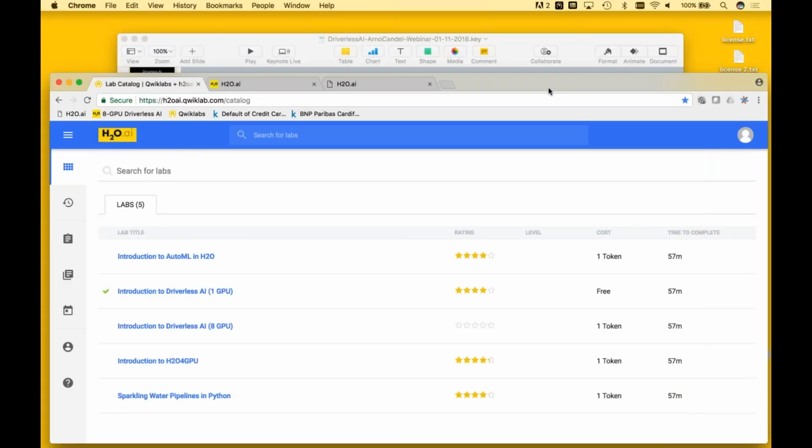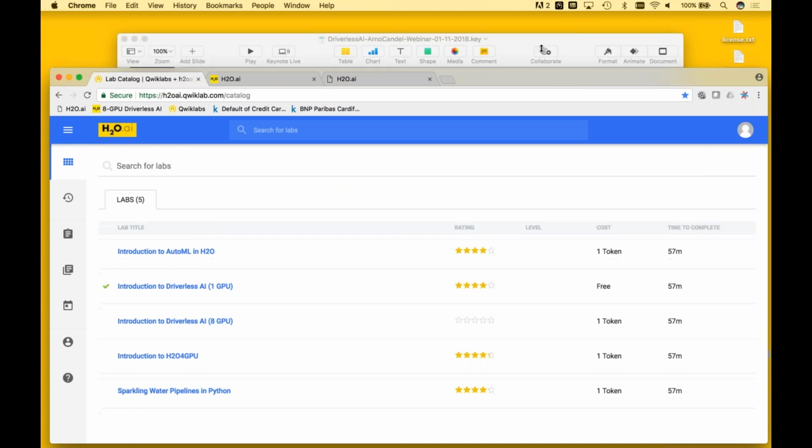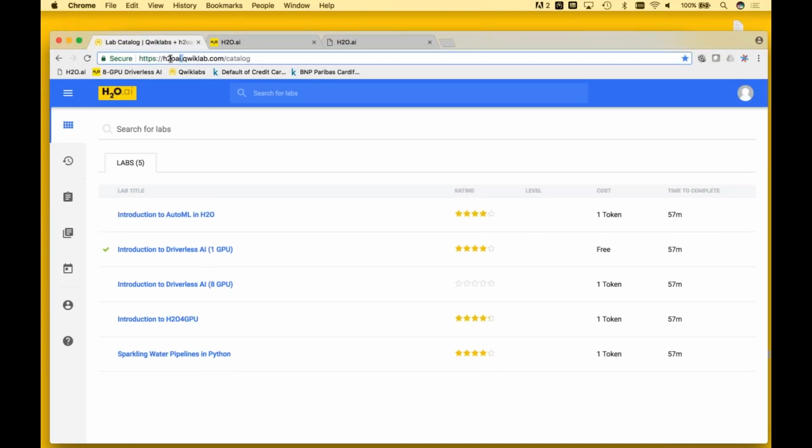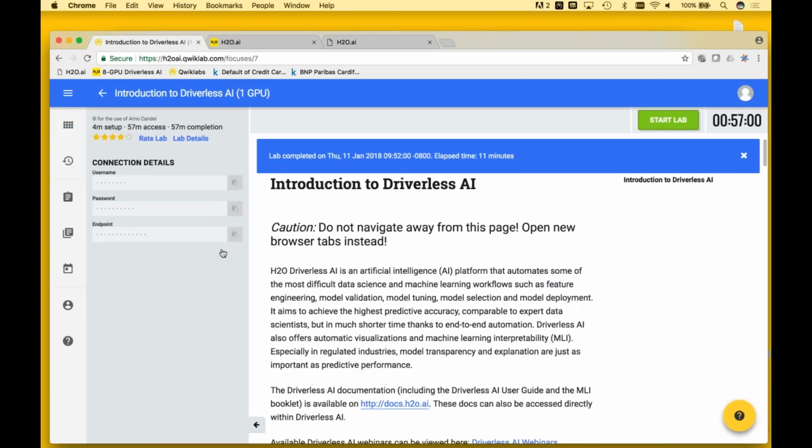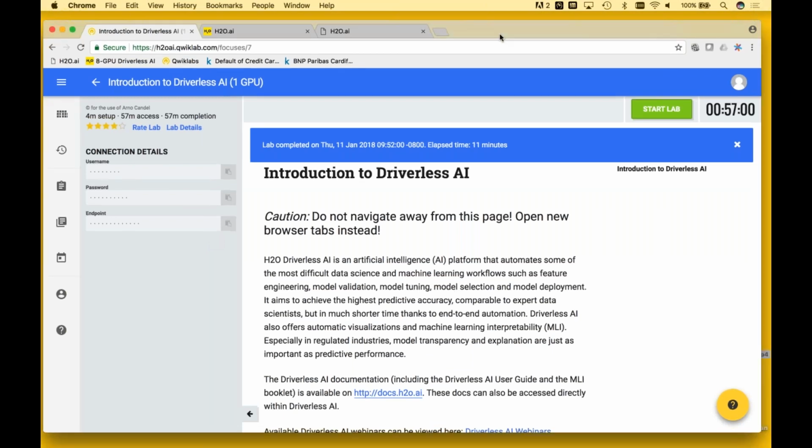So here is qwiklab.com, and the prefix is h2oai.qwiklab. I hope everybody can get here, and then you should see Introduction to Driverless AI. If you don't see this, press again here on the catalog. You should see this option here presented to you, Introduction to Driverless AI 1 GPU. And you click on that. You should see this screen. And on this screen, there is a button called